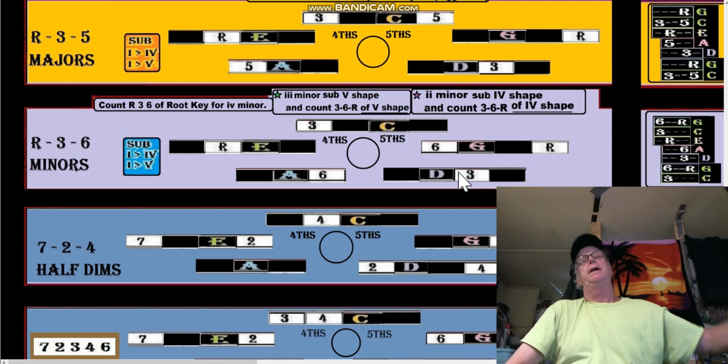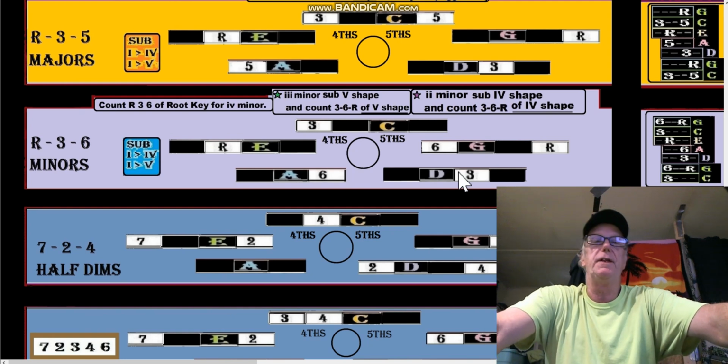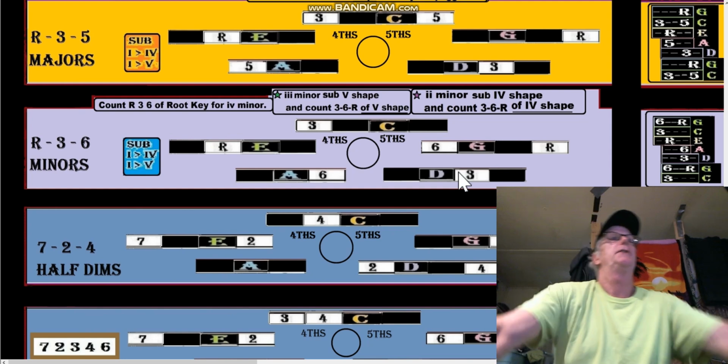Hey, we're out of time. If the funk was going to the 4th and the 5th there, that's how we'd make the substitutions and our triads,